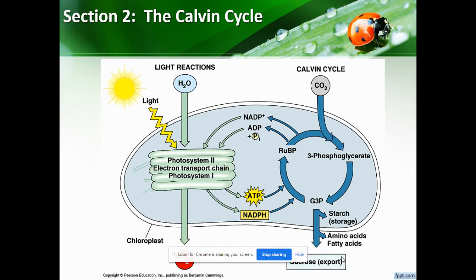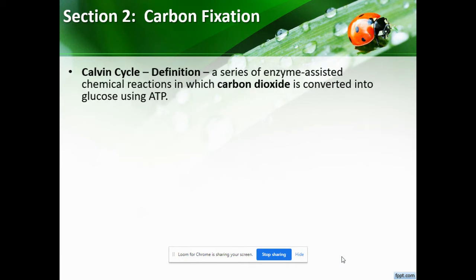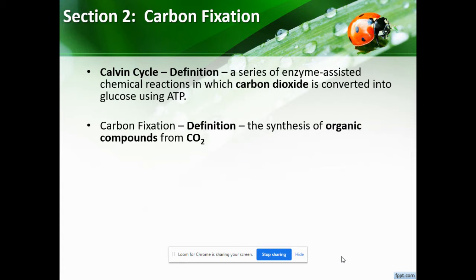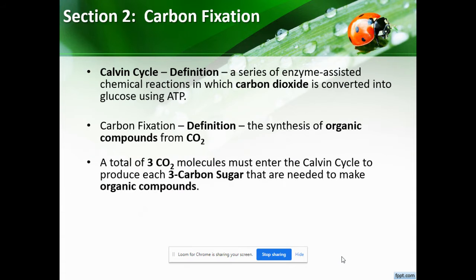So we talked about the light reactions in our first one. Now we're going to look at the Calvin cycle, which is also called the dark reactions. The Calvin cycle is a series of enzyme-assisted chemical reactions in which carbon dioxide is converted into glucose using ATP. And just a reminder, you're focusing on the green parts for what you're going to write down. Carbon fixation is the synthesis of organic compounds from carbon dioxide, and a total of 3 carbon dioxide molecules